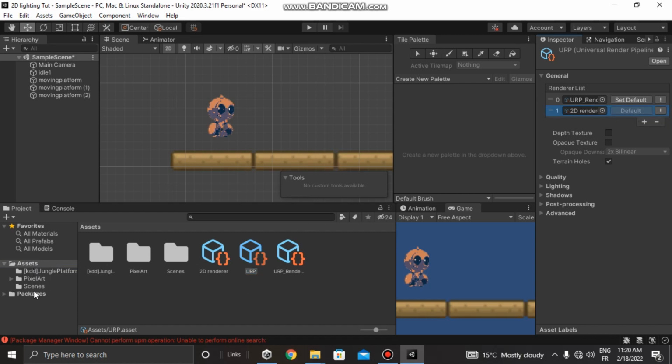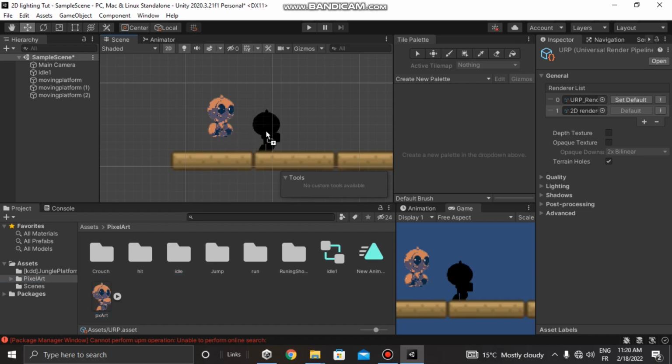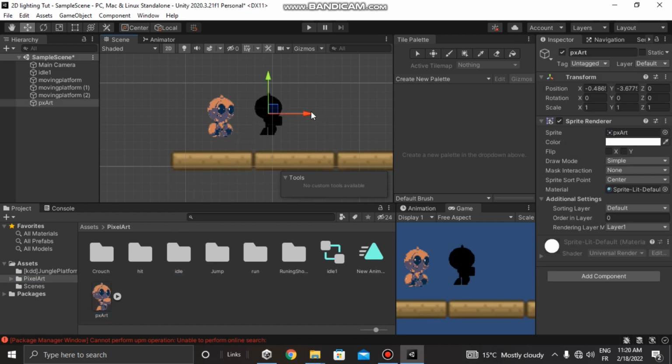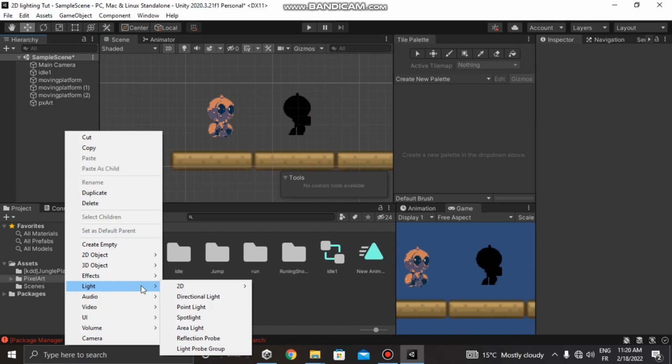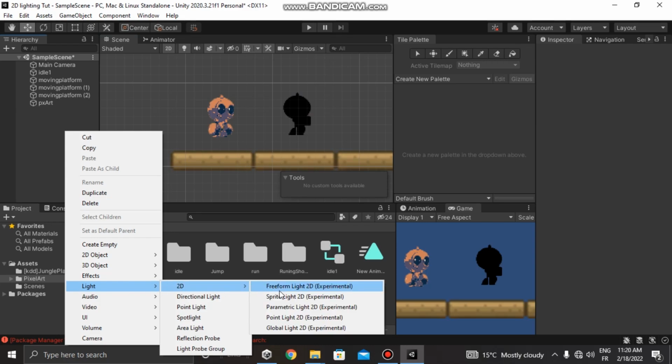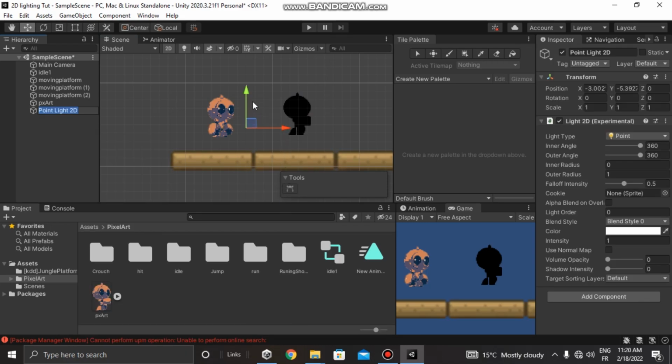You see, if you left, you are not going to see this. So as you can see now, after I dragged this character, we don't have light on it. It is using the same rendering pipeline, but now without light. And when we select light, we're going to find light here,